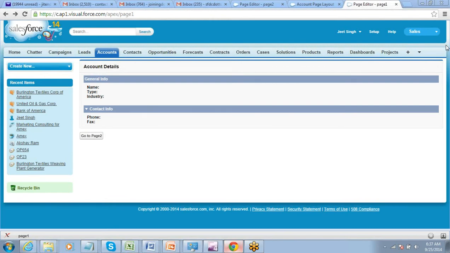Do you just want to go ahead and override the standard page? Do you want to create a button on the standard page which will redirect to this Visualforce page? Do you want to have a link in one of the Visualforce pages which takes you to the other Visualforce page, or you simply want to embed a Visualforce page as a small section on the actual page? So the choice you have to make is based on the requirement that you have.